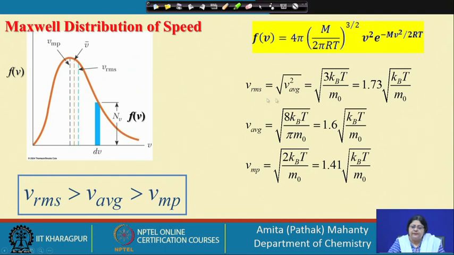If you arrange them, this is how it looks. The RMS speed is the highest value, and the average is in between the RMS and the most probable. Most probable is the speed which the highest number of molecules are likely to have, but that is not the maximum speed of the